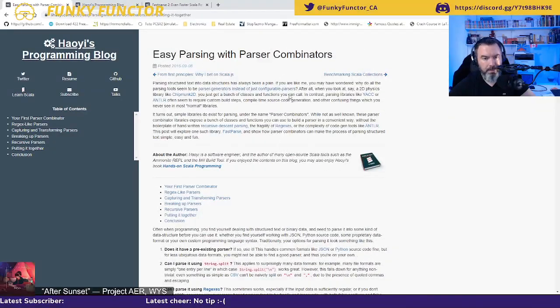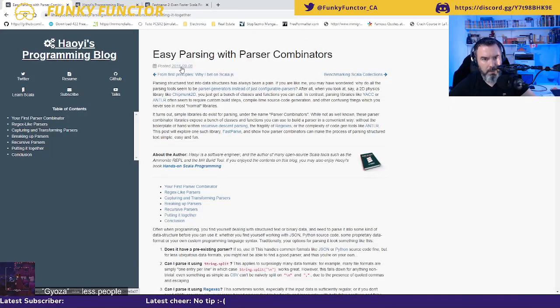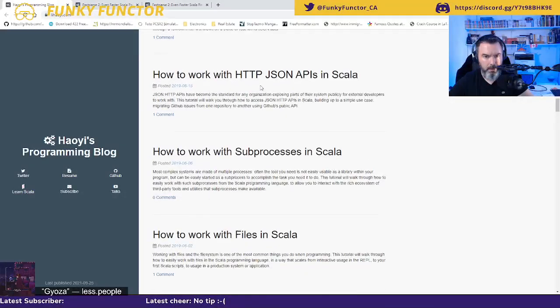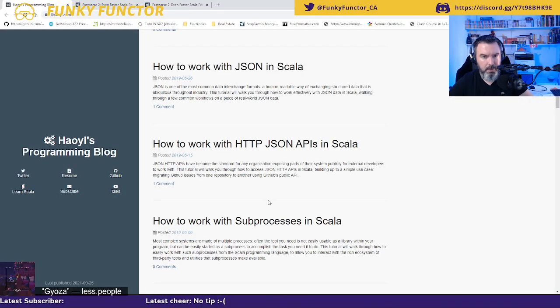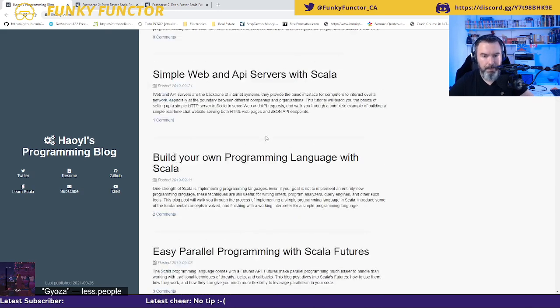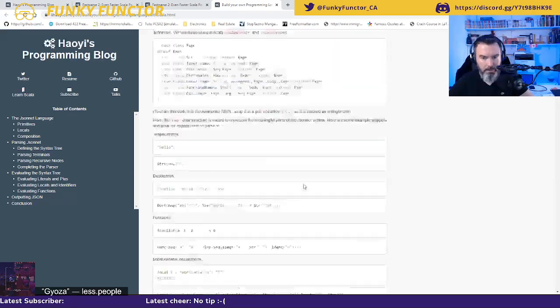Yeah, easy parsing with parser combinators. No, that's not the one. This one is from 2016. So I must have opened an old one. The one I'm using is 2020 something. 2019 and 2020. Yeah, that was the one. Reference implementation in the building a language thing.